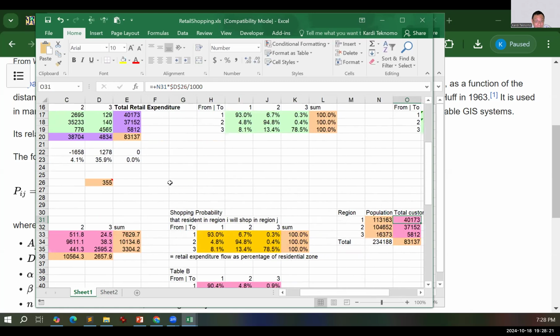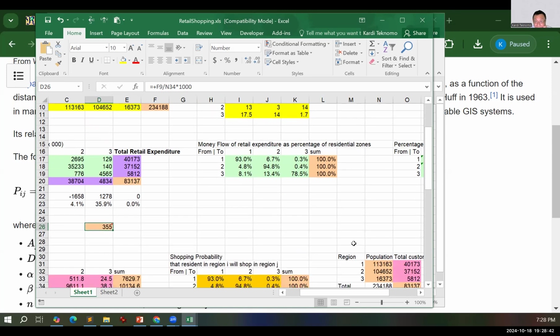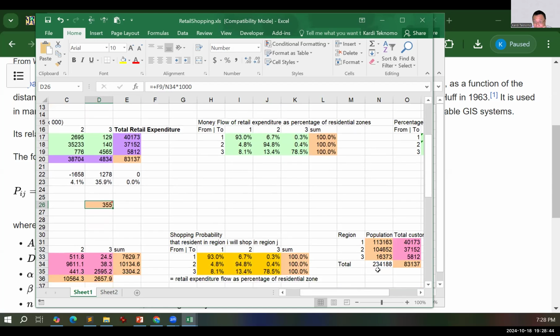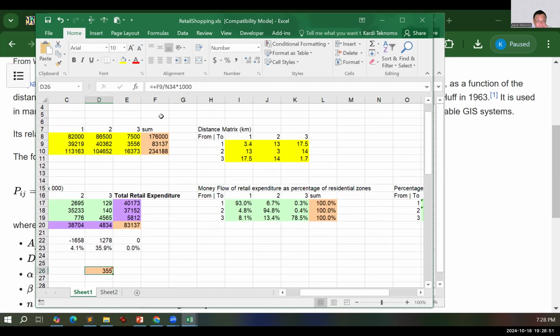Yeah, total expenditure per person. This is per person, you just get the value from this F9, divided by N34. Where is that? This one, the total population. Yeah. So this one is the total,